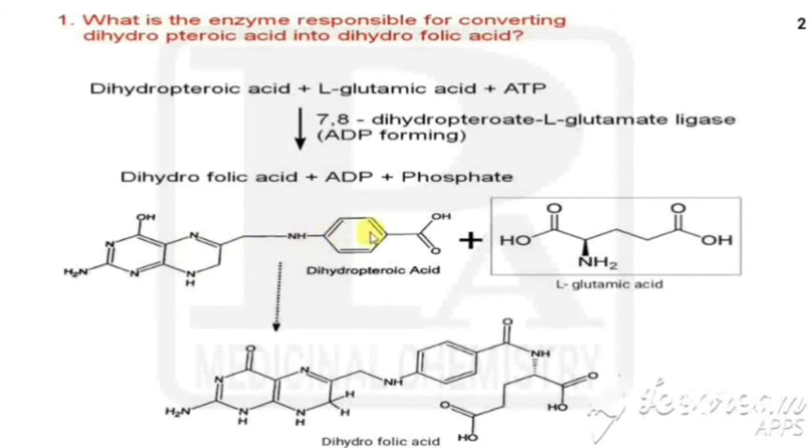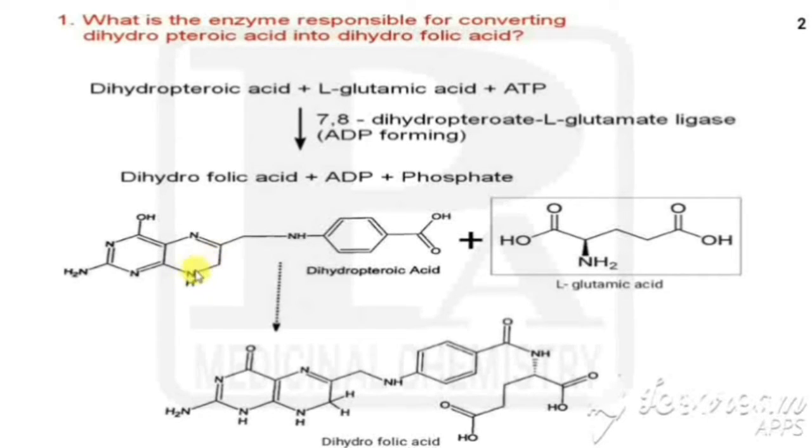We have known the structure of dihydropteroic acid. This is the structure of dihydropteroic acid. Already we have seen that in the mechanism. So, what is the heterocyclic ring present here? That is called pteridine. What is meant by pteridine? Fusion of pyrimidine with pyrazine can be called pteridine. In the structure of pteridine, there may be a double bond between here and here. What would be the numbering? Numbering starts from here: 1, 2, 3, 4, 5, 6, 7, 8. So, in the case of pteridine, there may be a double bond between 7 and 8.